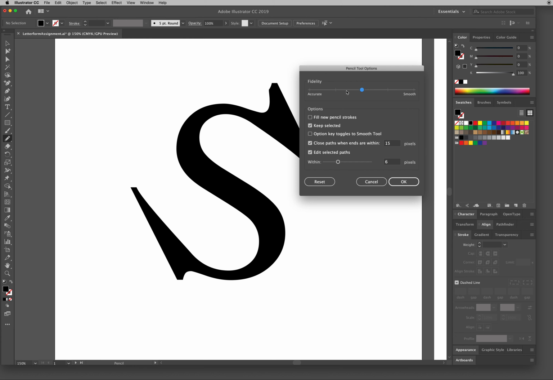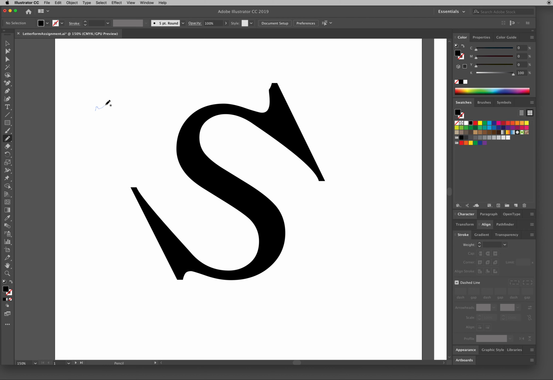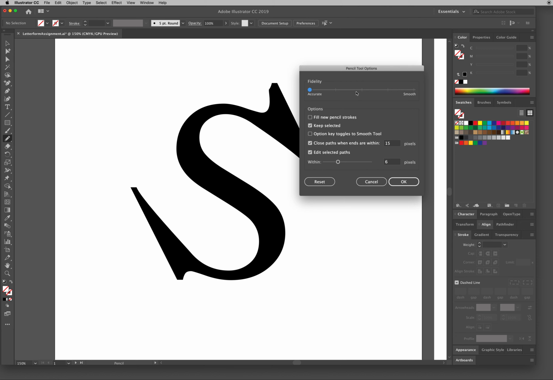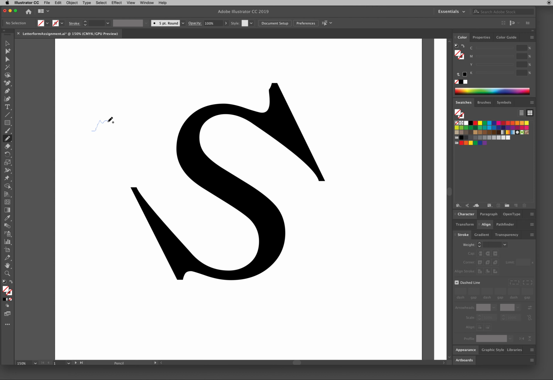And so when I draw with the pencil tool, in fact, let me just go accurate, and I'll draw all these little details here. Okay, look at all those points and details with the pen tool. I'm going to delete that. With the pencil tool, I'll change it all the way to smooth, and now I'll try and do all these little details, and it smoothed it out. Notice there's considerably less points. So even when I put those details, it smooths it out.